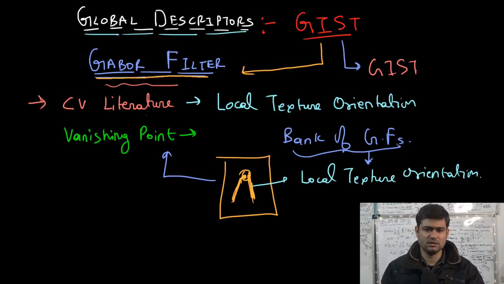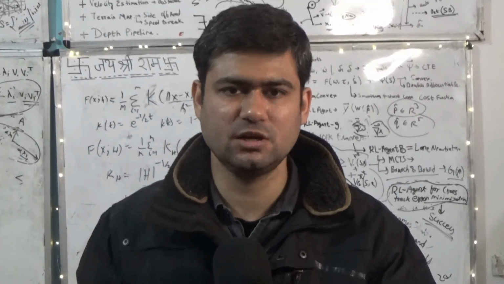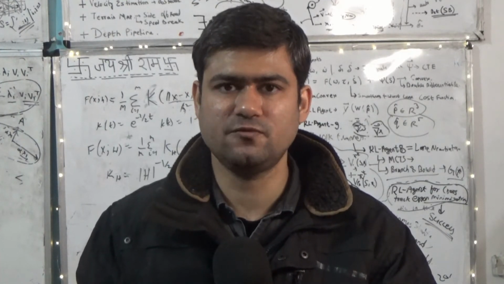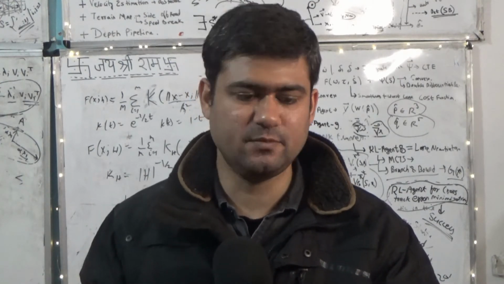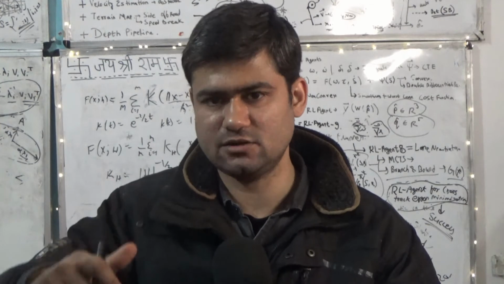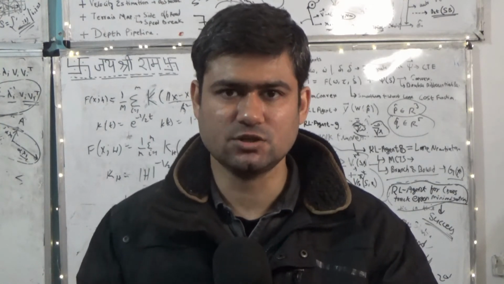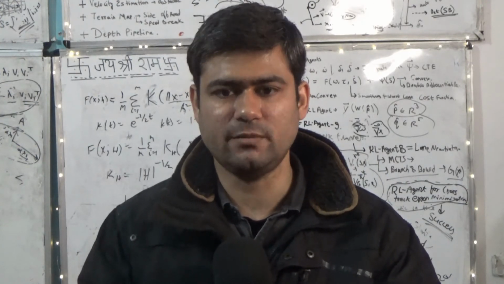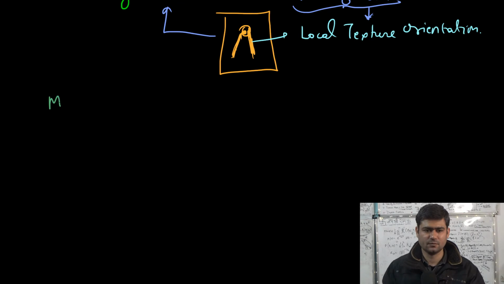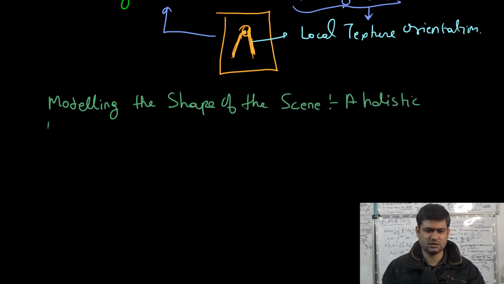Furthermore, as I mentioned previously, the original paper discussed the gist descriptor for the purpose of scene recognition, and the paper is a bit involved. There's a lot of mathematics involved, and it's a bit complicated to read, but we will cover the entire algorithm, like how you can use the Gabor transform and how you compute the gist description of an image. Interested readers who want to read more of the mathematics can go through the original paper, Modeling the Shape of the Scene: A Holistic Representation of the Spatial Envelope.